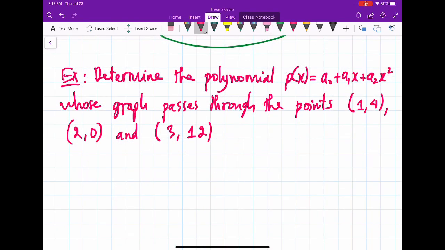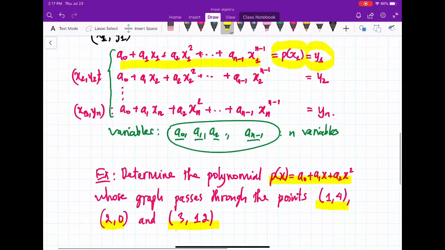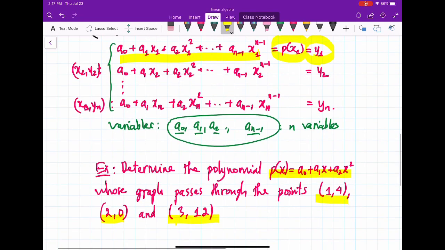Let's consider the following example. We just talk about 3 data points in here. So we have (1, 4), (2, 0), and (3, 12). Okay, so we need to determine the polynomial p(x) equal to a0 plus a1x plus a2x squared whose graph passes through these points. So right now we already know the form of the system. So I can write directly the system. I just plug 1, 2 and 3 into the equation,